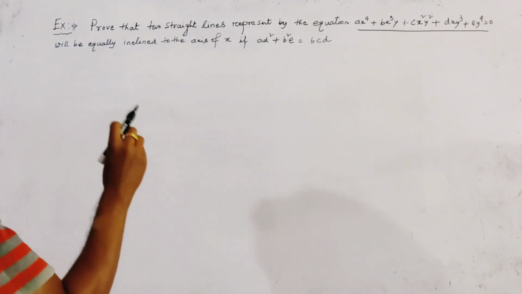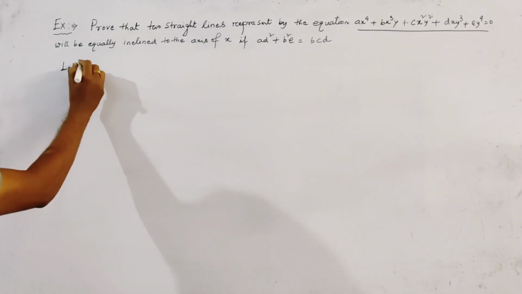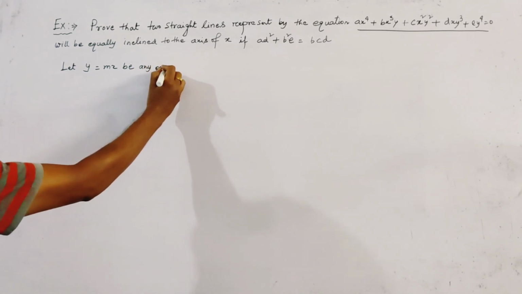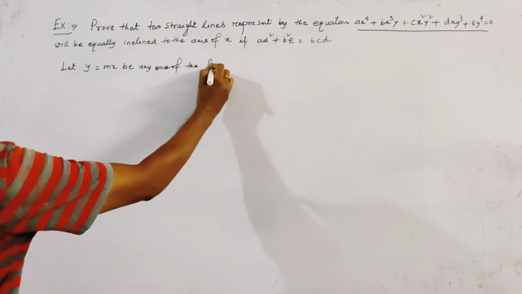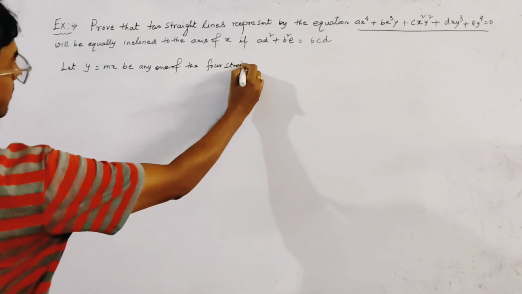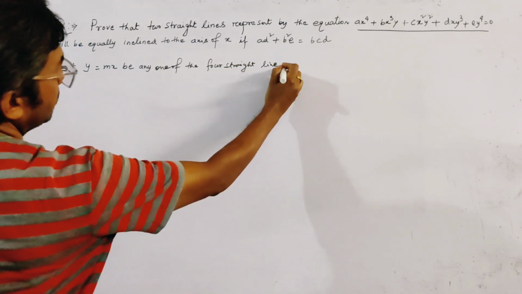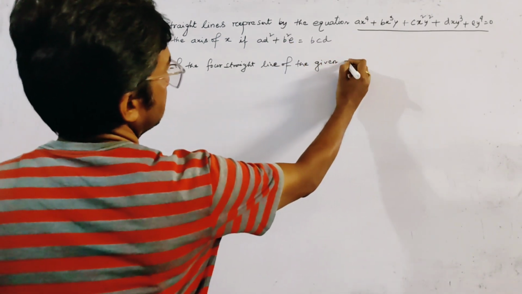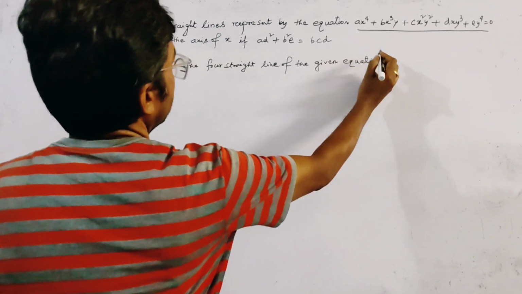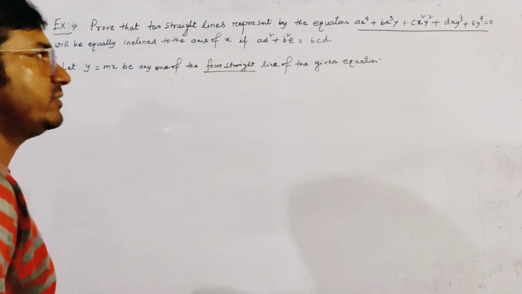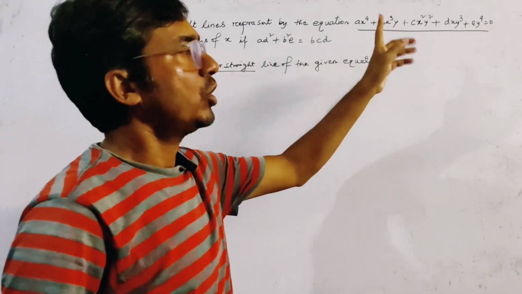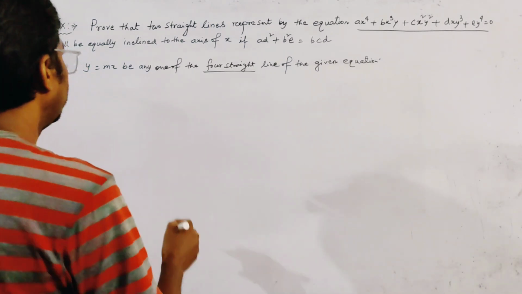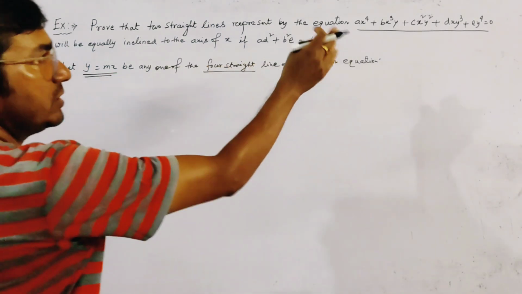So we let y = mx be any one of the four straight lines of the given equation. We say four straight lines here because the given equation is a biquadratic homogeneous equation of x and y. Now we put the value y = mx in the given equation,